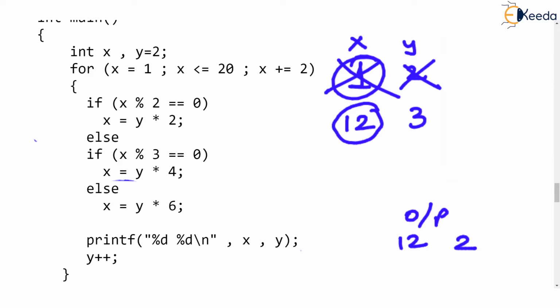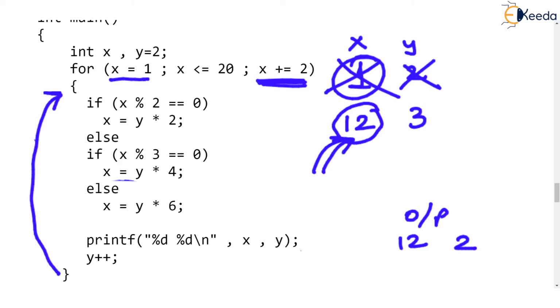Now what? Let's go back to the for. And here we go, isn't it? To the change. And x should increase by 2. Be careful. Don't say x was 1 last time, so I will make x as 3. No, no, no. New value of x is 12. You observe very well. So this x is x plus 2 means 12 plus 2, isn't it? Because now the value of x is 12. So the new value of x is 14. I hope you are understanding. Let's make x equal to 14 and run this.